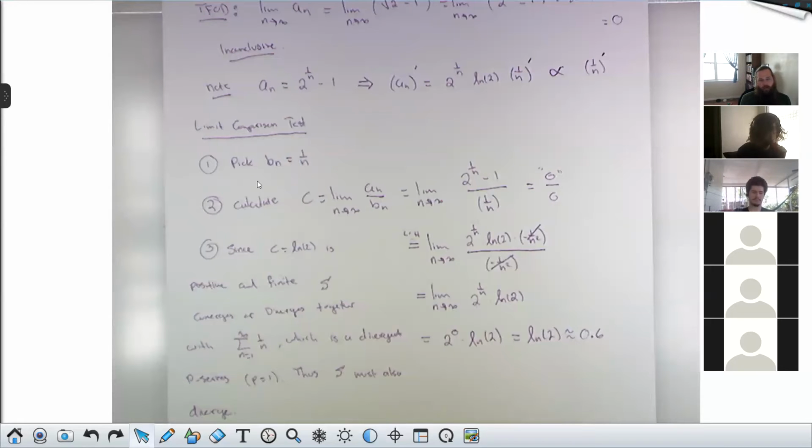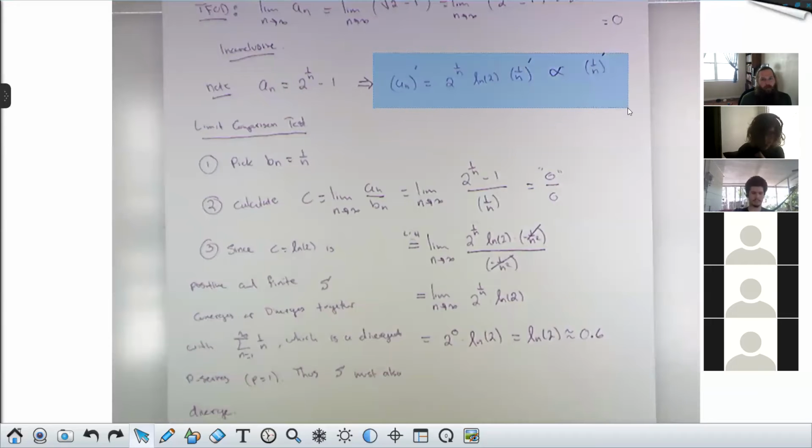Barring that, there are a few of these other tricks, right? Like sine and tangent, as long as their insides are going to 0, behave a lot like their insides. So sine of 1 over n behaves a lot like 1 over n. Tangent of 1 over n cubed behaves a lot like 1 over n cubed. Besides that, if you're not landing into one of those categories,